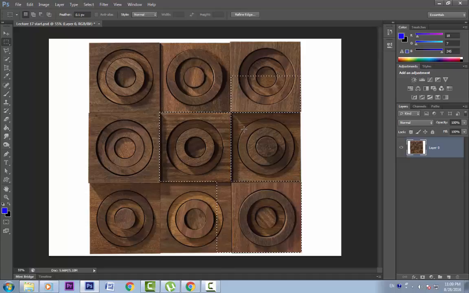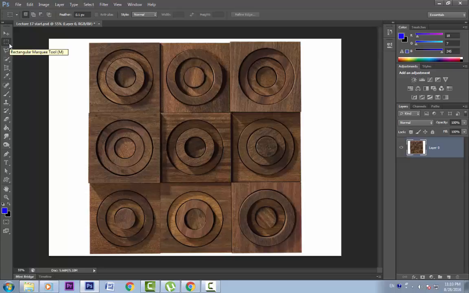There is another keyboard shortcut that I want to talk about. If I press Shift and Alt, the cursor changes to an X icon. It means that anything that is intersecting the new selection and the previous selection will be left. All other selection will be deleted. For example, if I make a selection here, this intersecting area will remain, and the rest of the selection will be deleted, like so. Now I'll tell you another shortcut to deselect the selection, that is Control D. D means deselect, Control D is to deselect.